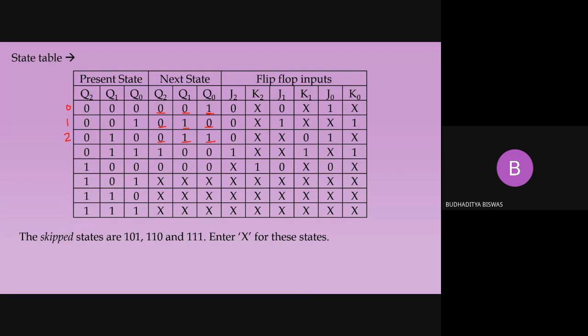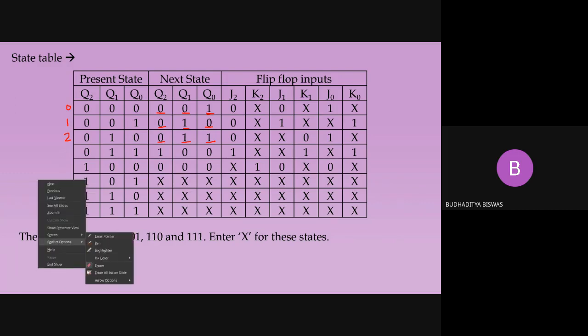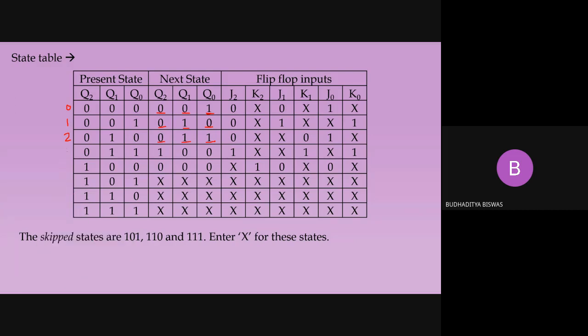Okay. If the present state is 4, what will be the next state? Sorry, if this is not the 4, one minute, sorry. That should be equal to 3. So if the present state is 3, after 2 it is 3. If the present state is 3, what will be the next state? 4. And if the present state is 4, then the next state is 0.